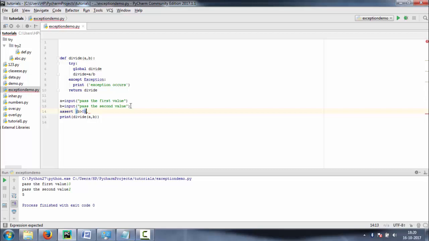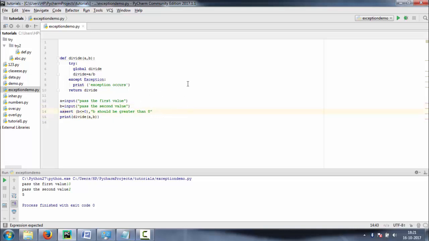If b is less than or equal to 0, then it will raise an error: b should be greater than 0.